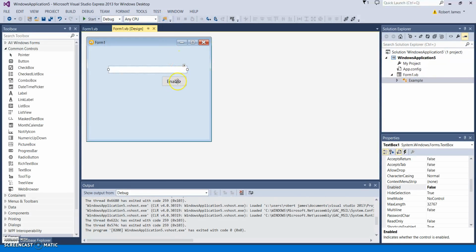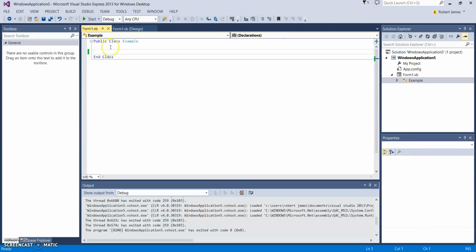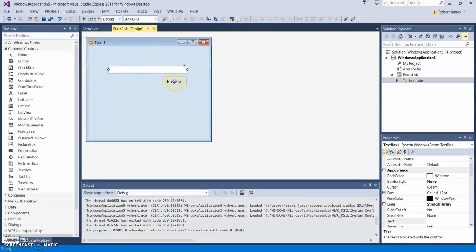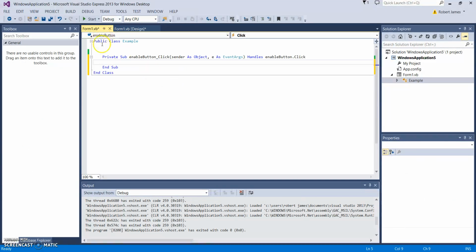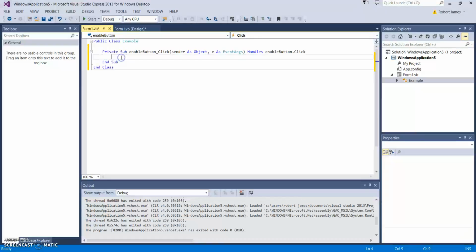Now, in terms of the coding for this, like I said, I want to be able to press this button and then make that enabled so I can then actually do something with it, type something into it, or even put something into that text box itself. So to get the code up and running, I can either click on over here, I can double click on what it is I want to put the code on, or I can actually just click on that part there. Now at this stage there isn't any code there, so I need to say what it is I'd like to actually put it on. Now I could have done it through this as well, but I just find it easier to double click on something to get it to the point it's built ready for me to put something in